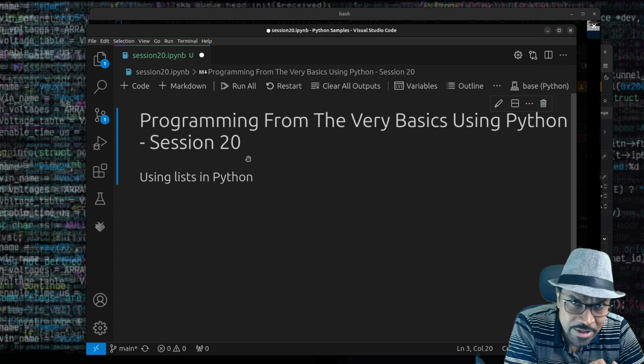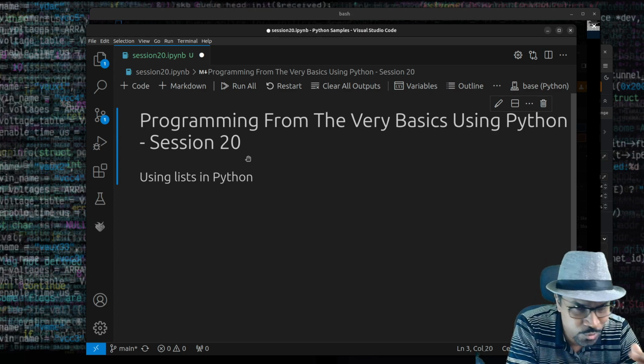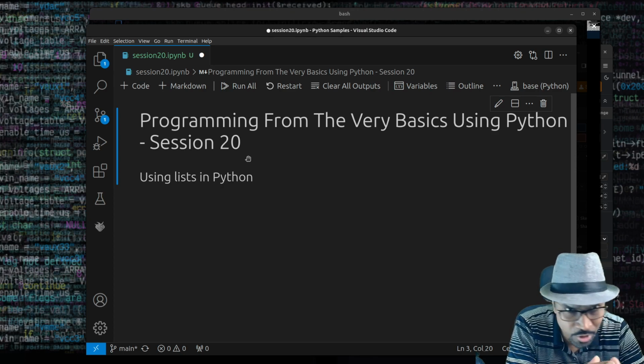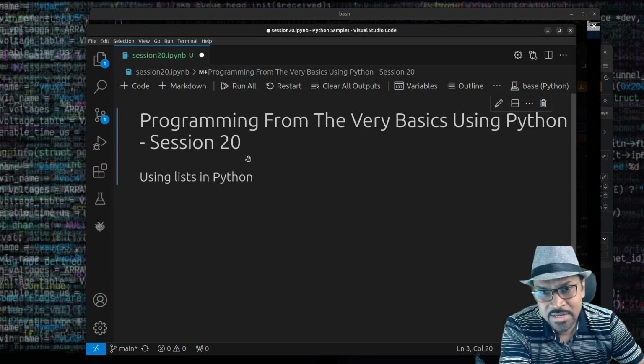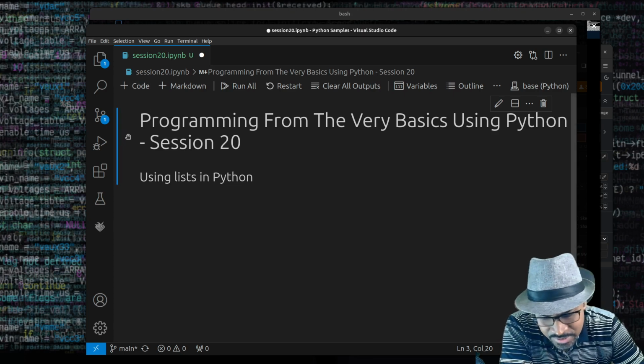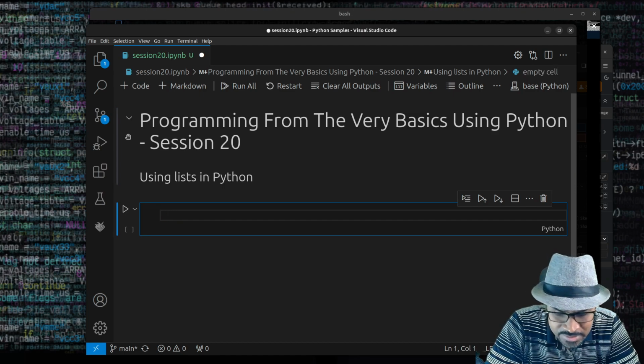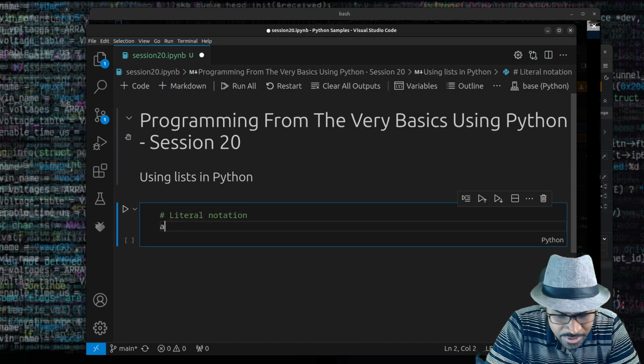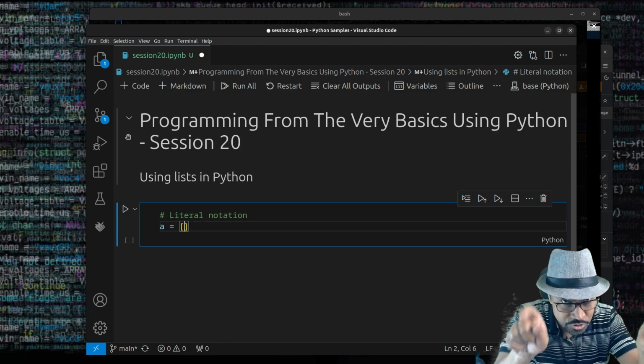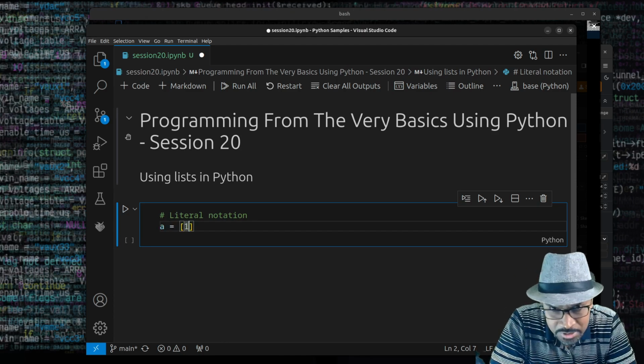So a list is a very commonly used data structure in Python. It's a very commonly used collection to store data in an ordered manner, and you can manipulate it with a lot of interesting algorithms and also various functions. Now, how do you create a list here? A list can be created using the literal syntax. First, I'll call this the literal notation, where you can create a list by using square brackets with comma separated